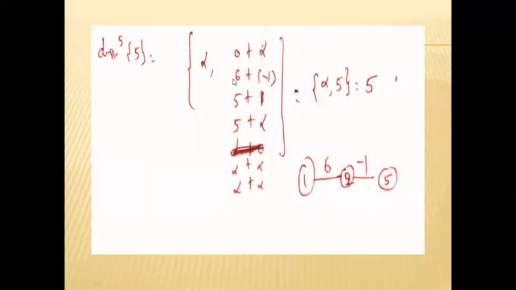6 comma 5 minus 1 means the cost of 2 comma 5. Cost of 2 comma 5 is minus 1. Next one, cost of 3 comma 5. Cost of 4 comma 5 is infinity. Next, cost of 6 comma 5, cost of 6 comma 7. So you are finding the shortest path, infinity comma 5.